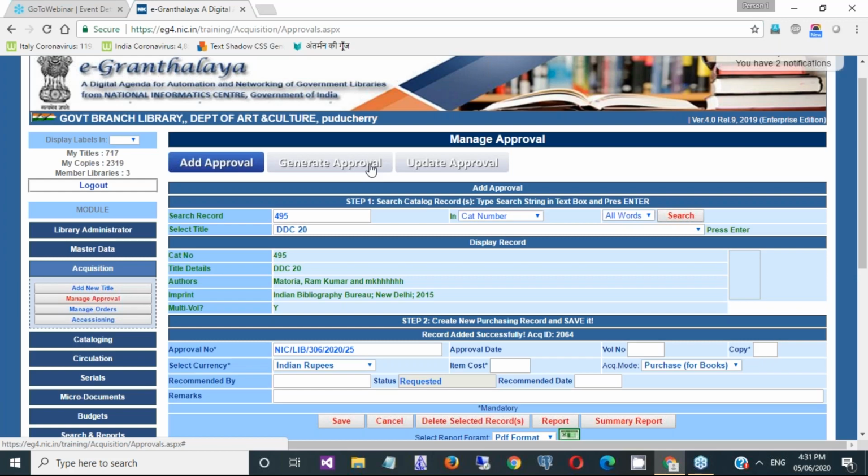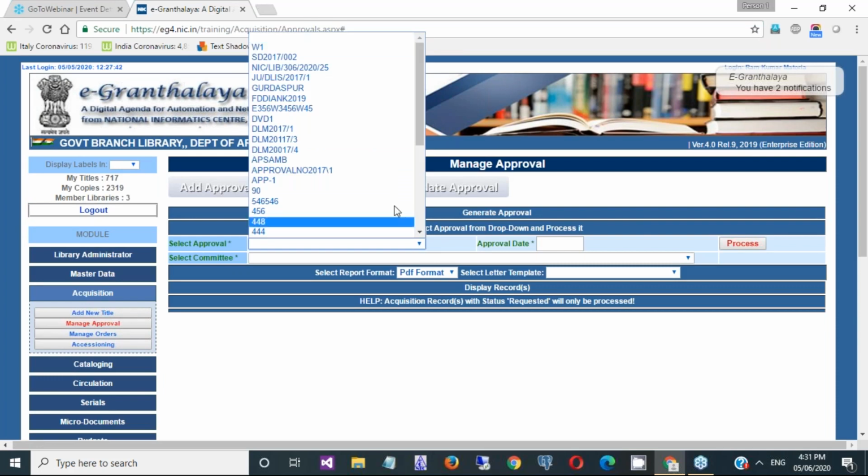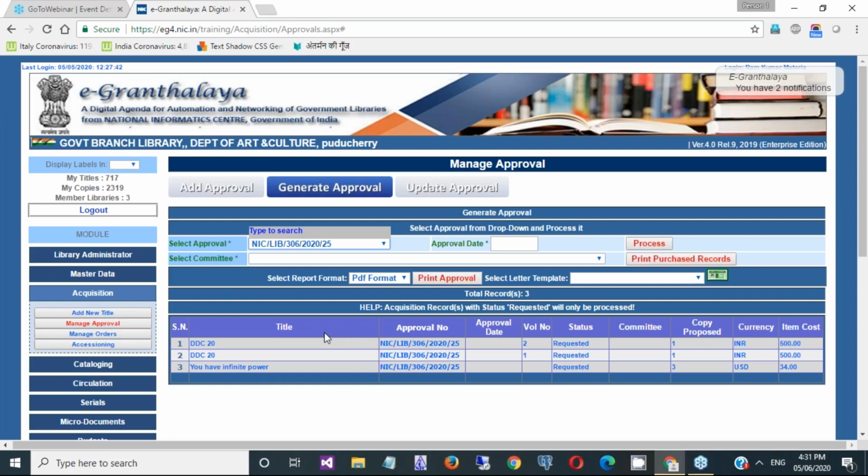We need to remember our approval number. Once we go to the next step, this approval number will become available here automatically. And that's why I told you in the beginning, this is a workflow based module, and data automatically will go to the next step. If you have processed the data in the next step, then you cannot modify the records in the previous step. Okay, so I have selected the approval number which we assigned during the last step.